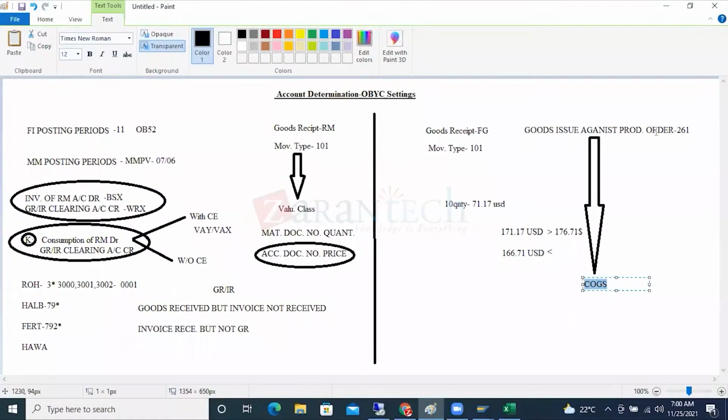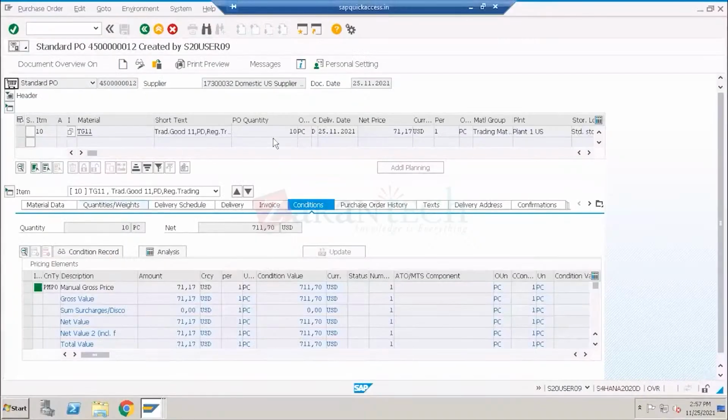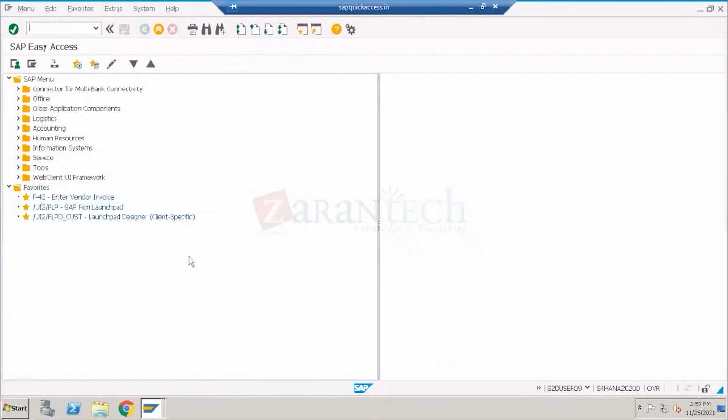The raw material is getting converted to the semi-finished goods, and the semi-finished goods is getting converted to finished goods. So many accounting entries are coming. So the general valuation modifier we are going to be taking as a GBB. And this GBB is going to be having the different modification keys. Now what I need to do here? Now, when I'm taking the account assignment category as a K,